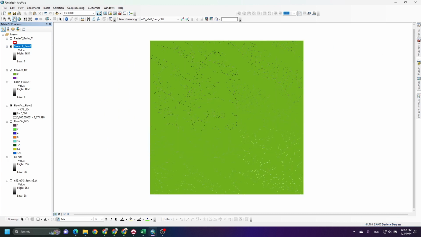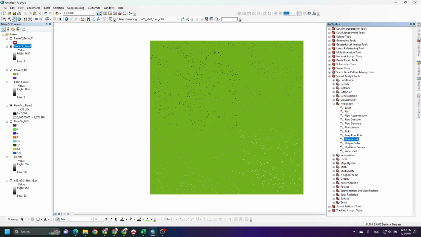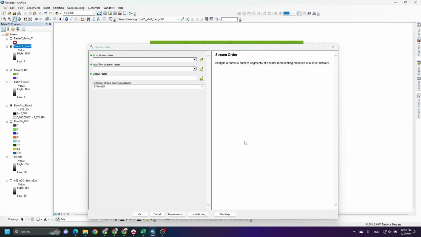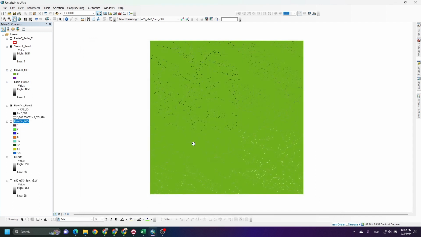Yeah, next step, we are going to define the stream order. In the first one, which is the input stream raster, we have to add the stream link, and the second one is the flow direction, and we can press OK.